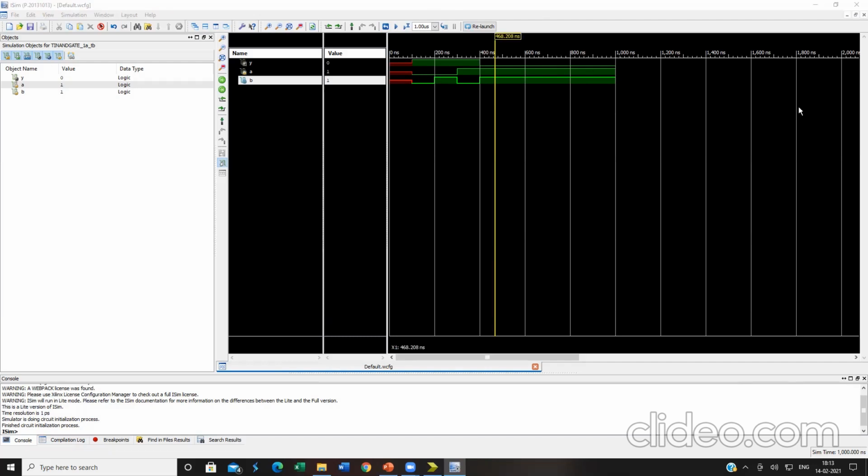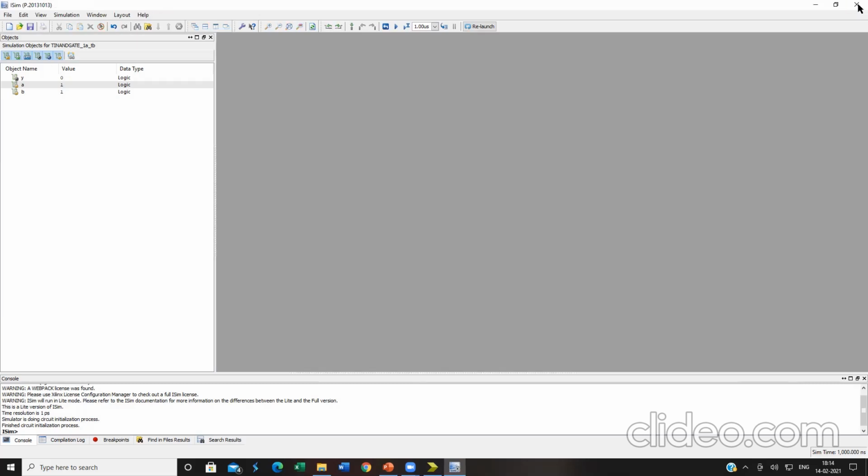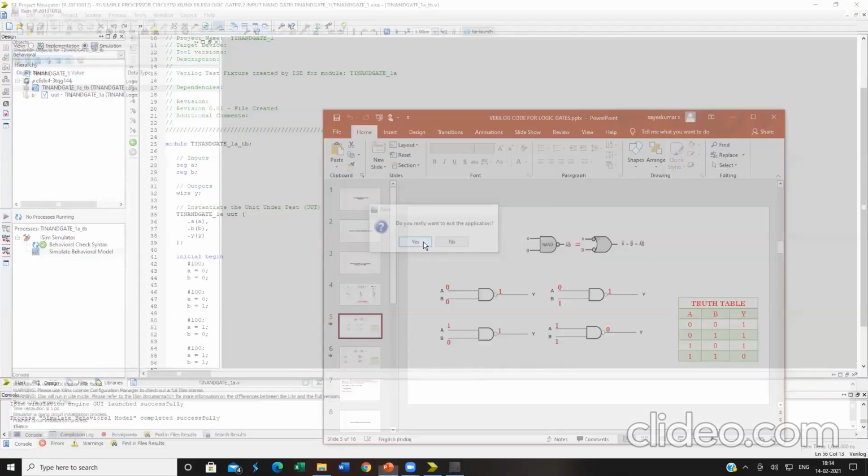As far as your Xilinx ISE is concerned. Now we will simulate the same thing using the negative logic version and see. Nothing you have to do again, just go back and enable the negative logic version. No need to even touch the simulation test bench Verilog file. Just simulate it and you can automatically get it. That's all. Very, very simple from the programmer's point of view. Kindly close this window by clicking on this X mark. It will ask, do you really want to exit this simulation window application? Click on yes.